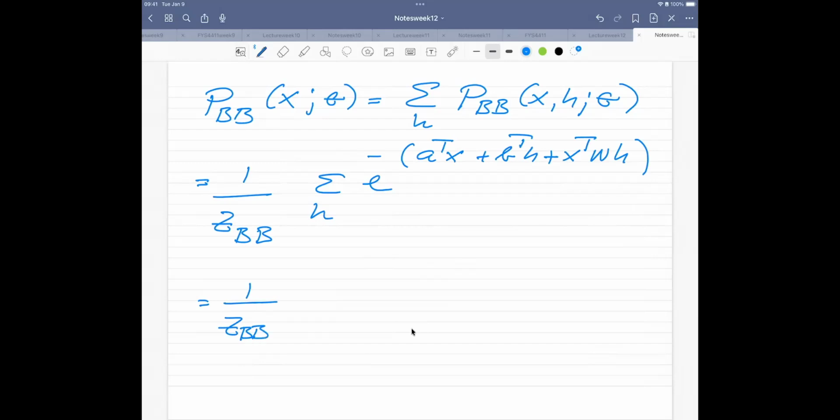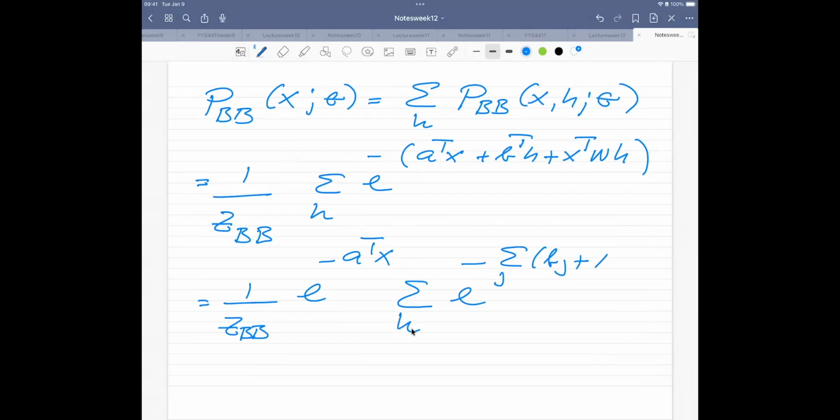And then I can single out the term a(x), because it does not depend on h. So we can put it outside. And then I'm going to have a summation here over all the h's. And then I have an exponential with a minus, and now I have a sum over j, and then I have a b_j plus